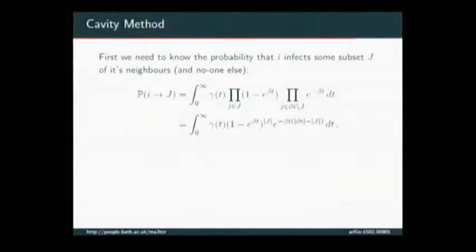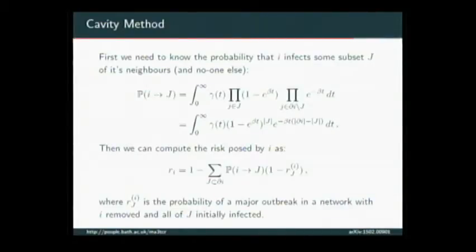What that means is that instead of just being able to talk about transmission between pairs, I need to think about transmission to a subset of the neighbors. So for every possible subset of the neighbors of a node, I can ask, what's the chance that I infect those guys and nobody else? So this is some more complicated integral, which then allows me to compute the risk of the spread of this disease. So this is a bit like a branching process. And in fact, there is a map from this model to typed branching processes.